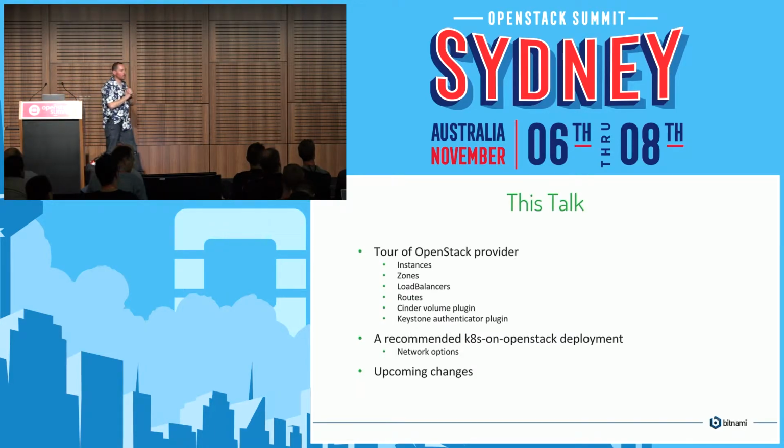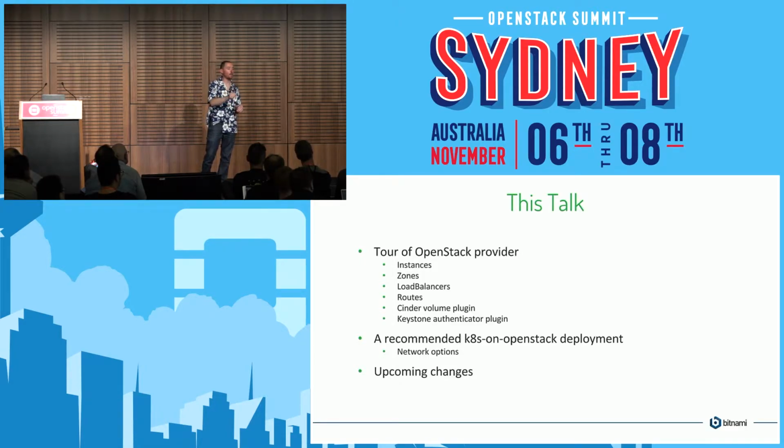Right. You all now know about Kubernetes. In this talk, I'm not going to show you lines of code, but I'm almost going to do that. We're going to go through each of the points in the Kubernetes code base that know about OpenStack. This is the Kubernetes code base. This is Go code. It's part of upstream Kubernetes, and it knows how to make OpenStack API calls.